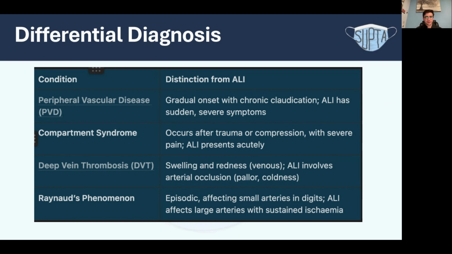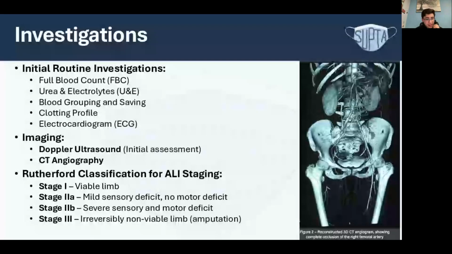Right. So now we've thought about differential diagnosis. We could already exclude a lot of the differential diagnosis just from taking a really good history from the patient. Now, one of the big things as well is investigations. Before I move on to these investigations, which I'm going to break down for you, it's important to know that a lot of doctors make the clinical diagnosis of acute limb ischemia before doing any investigation, because I said that time is quite critical. Obviously, with experience and taking a good history, you could already be quite certain,